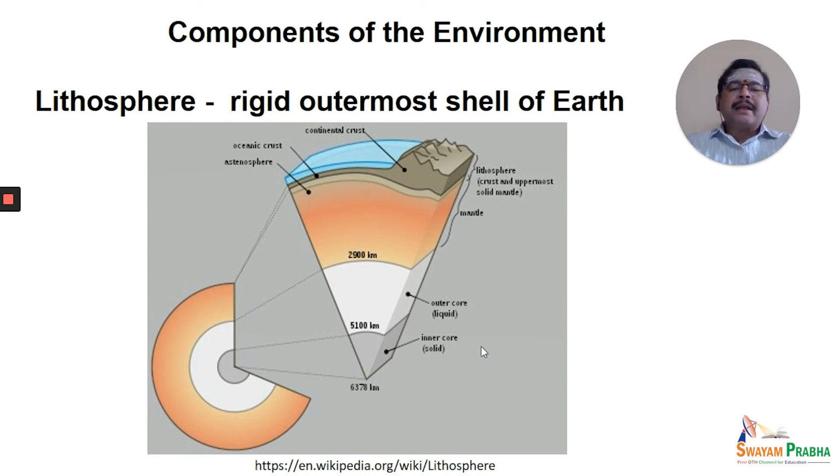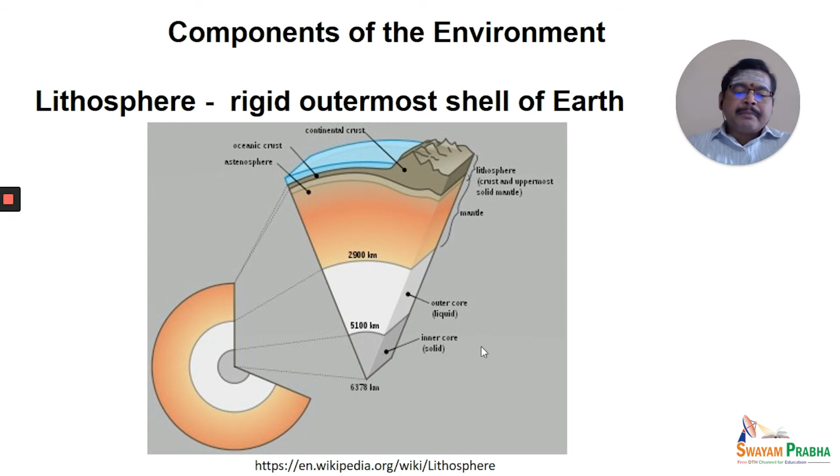So the first layer comes as the crust. The crust is the uppermost part of the earth, and it extends up to 100 kilometer from the surface of the earth. And in this layer, in the crust layer, the plants are rooted, and plants are the main components which supply food for us. And moreover, mineral resources are present in the top layer, which are very much essential for our regular industrial and other activities. For example, iron.